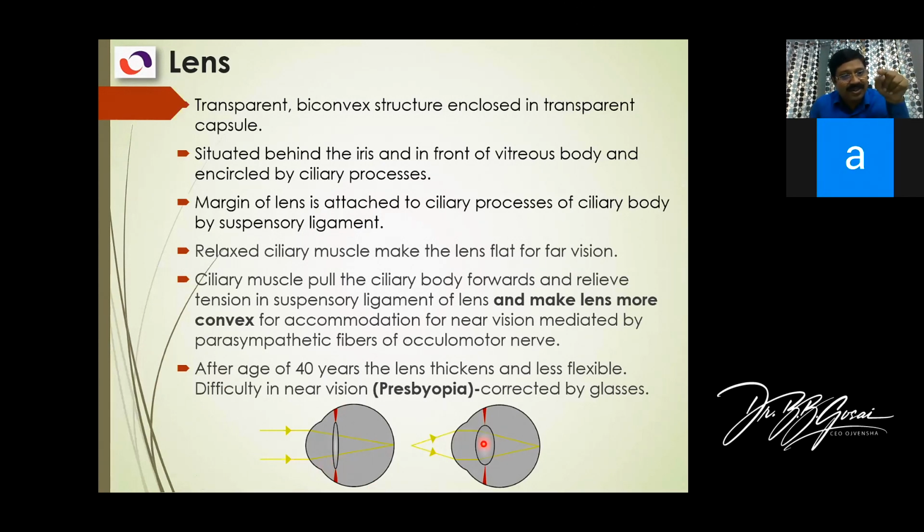And who does this near vision? Ciliaris contraction. And who controls the ciliaris? The oculomotor nerve. Which part of the oculomotor nerve? Parasympathetic. The parasympathetic fibers of the oculomotor nerve come from a parasympathetic nucleus. What is the name of that nucleus? Edinger-Westphal nucleus, which is located in the midbrain. From there, the fibers travel through the oculomotor nerve and supply this small intraocular muscle, which regulates our accommodation reflex. So these are some of the important facts related to the lens.